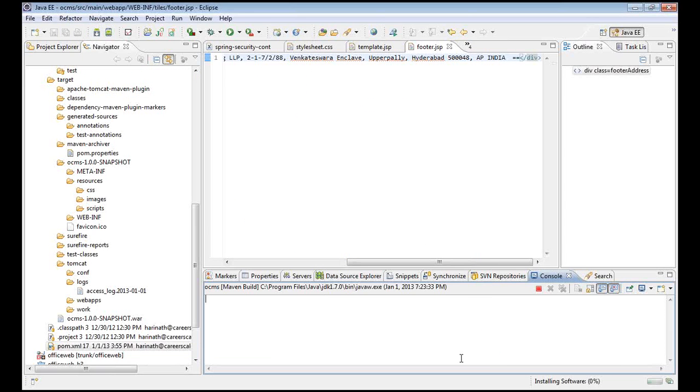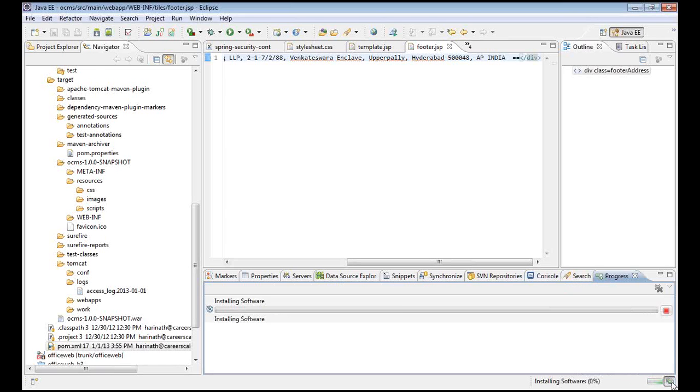It's going to take a while. So while it takes time, what are the other software that we will require? So we will require,